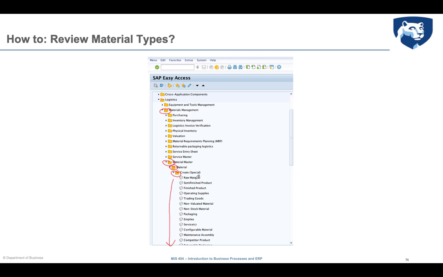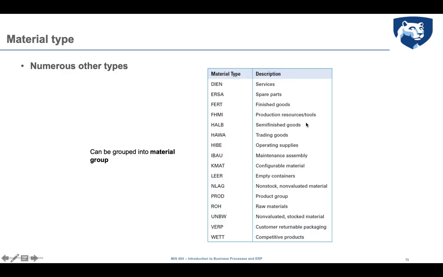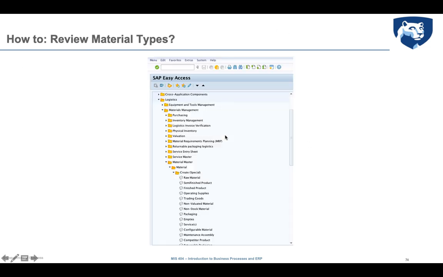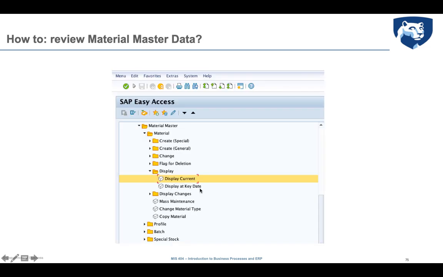available for the company. In the case of GBI, you have raw material, semi-finished product, finished product, operating supply, so all the ones that are listed here. If a material type is not here, it means that it is not relevant for the company. If you want to see which type of data are associated to a particular material, you have to access material, display,